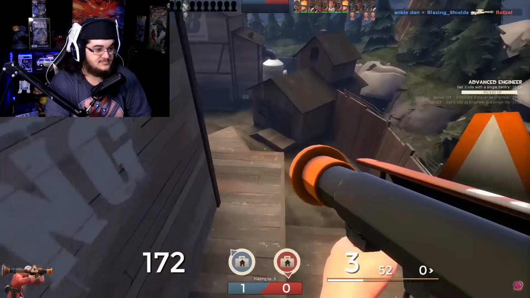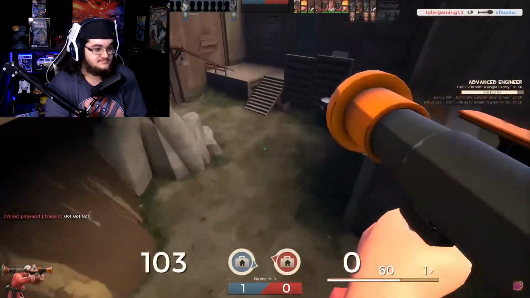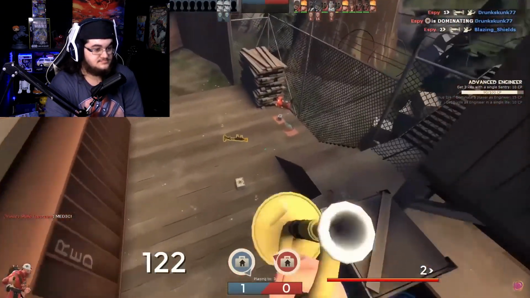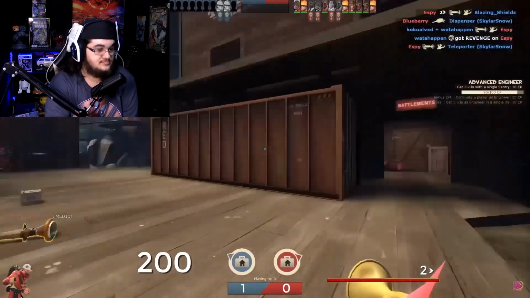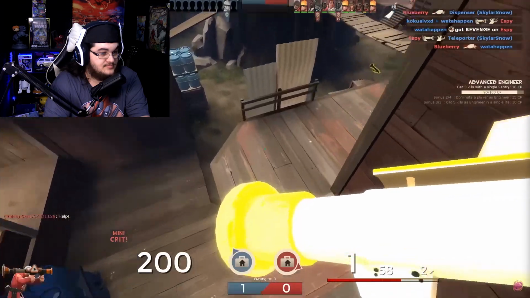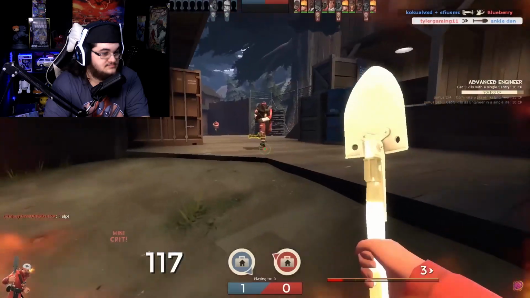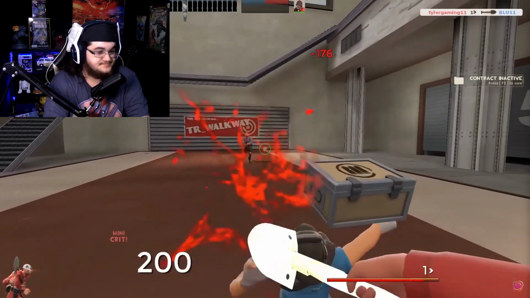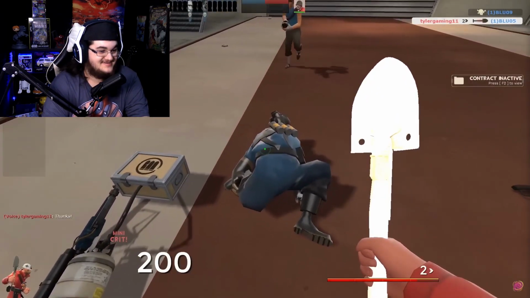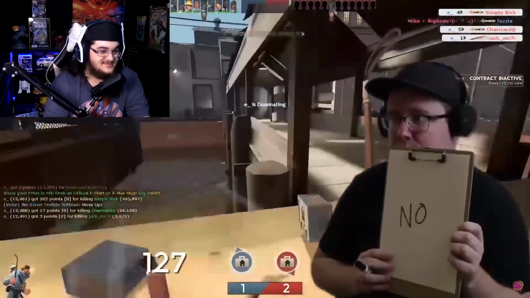As far as banners go, the buff banner is undoubtedly the worst one for Trolldier. This is because A, it doesn't have any passives, unlike Conch and Battalions, and B, the buff that it gives you is pretty pointless. Like, mini crits. Yay! It's not like the whole point of Trolldier is to get crits or anything. I guess you could make the argument that the slightly more powerful butter shovels could be funny. I don't know, you still 2-shot light classes, but hey, you 2-shot demos pyros and medics now. 3-shot soldiers too, I guess, and heavies still annihilate you. You can 2-shot light classes with the whip, so...